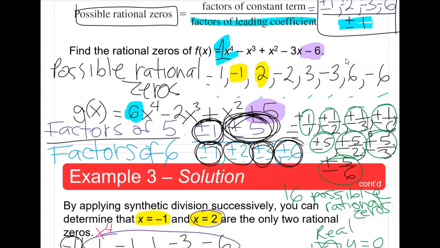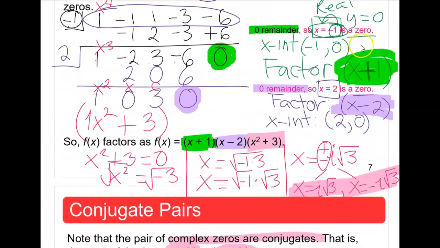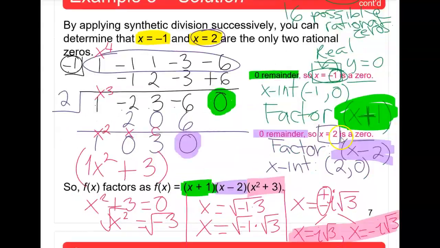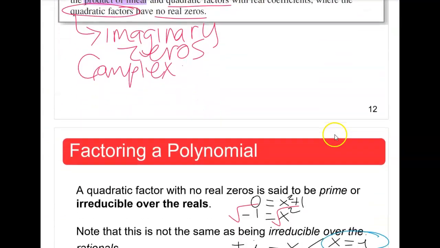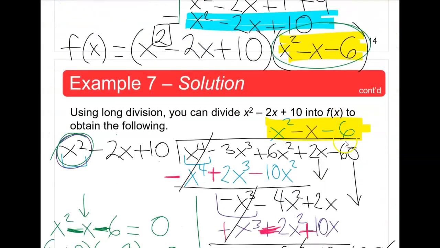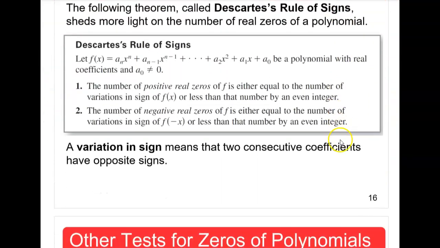us to make wise decisions or educated guesses. So back in the day, without that technology, combining this rational zero theorem with the Descartes rule of signs eliminated a lot of the testing that was necessary. And so let me show you how you could use that. And I'm not saying that that is the only way you can find zeros, but for instance, in your homework, on your exam, you might encounter a question that will specifically require you to use the Descartes rule of signs to